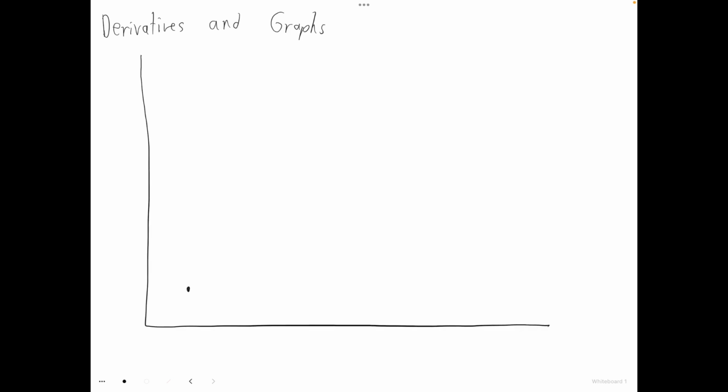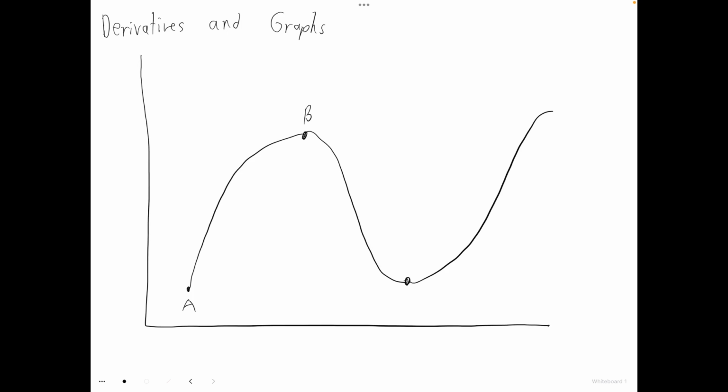In this video, we are going to talk about how we can use the derivative of a function to find out information about the graph. So we're going to start this using something that we mentioned before. And so if we look at the following graph of a function, where this is point A, point B, point C, and then point D,